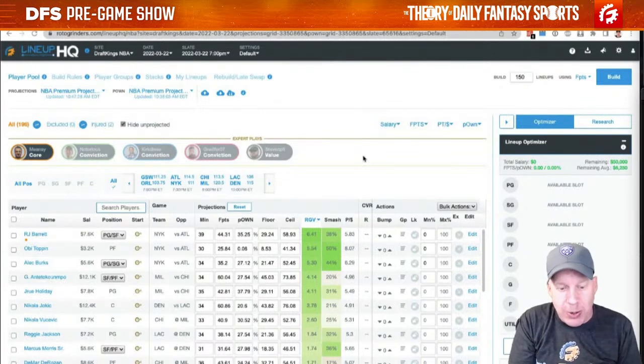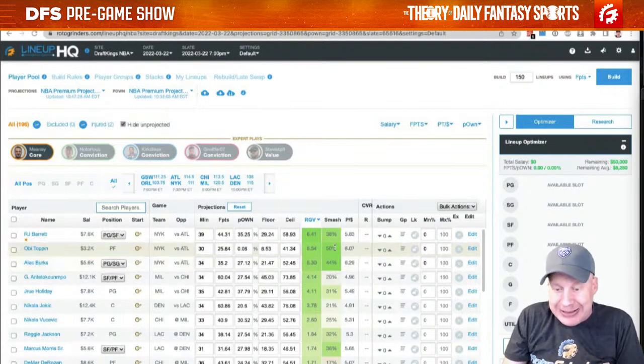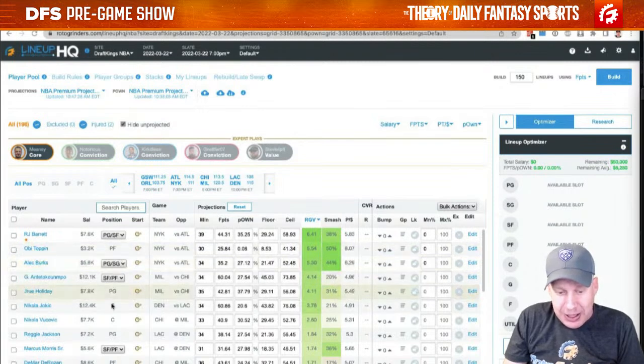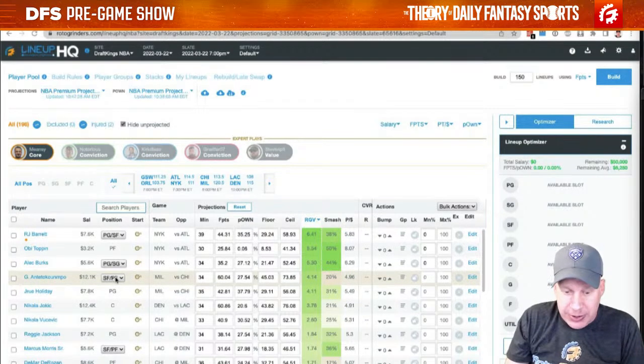And you're wondering why you're going to get like 100% Obi Toppin if you did that, because you need cheap guys. He's the highest projected cheap guy, and he's power forward eligible, while you're playing a center and a small forward, right? So now you don't have to play Javonte Green anymore, because you don't need to fill the small forward spot,